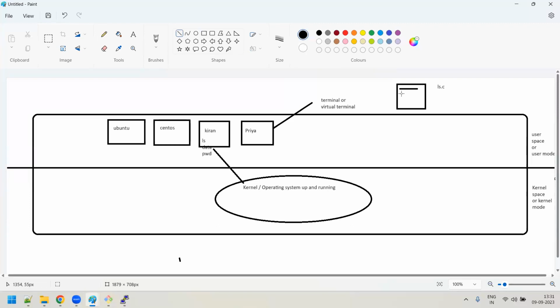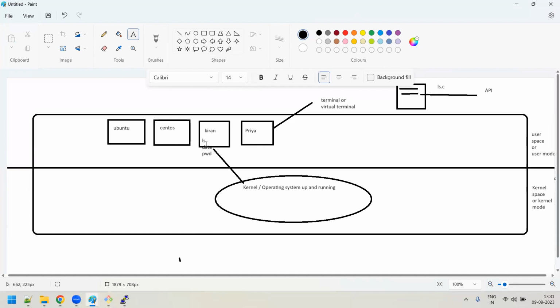And to code the whole program, guys, they have used some APIs. I'm just telling you at a very high level, they have used some APIs, application programming interfaces. Those are some functions which they have used while coding this ls program. So when they've used these APIs, all these commands are nothing but implemented by using some APIs.